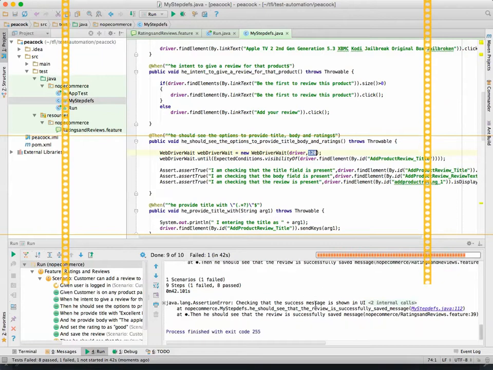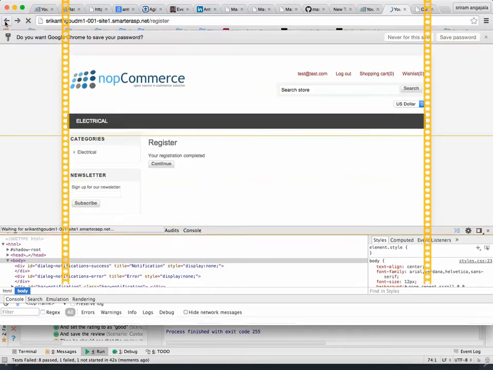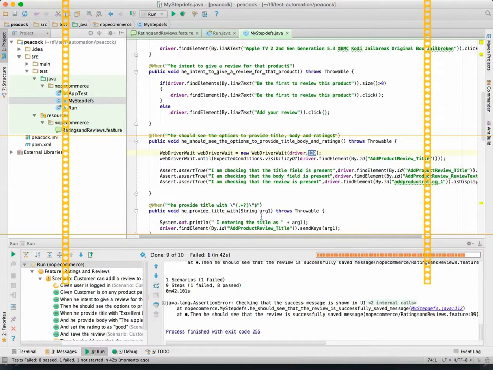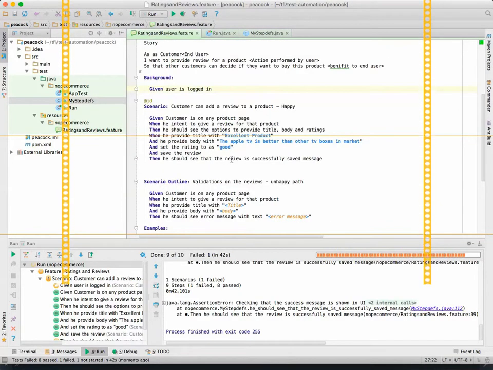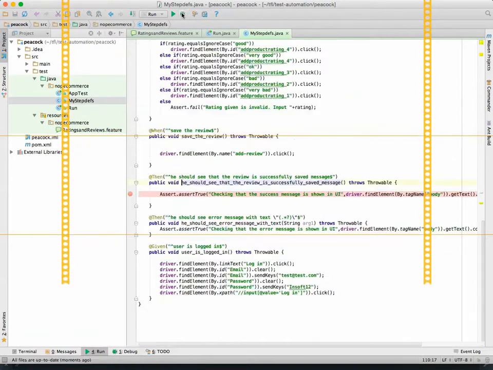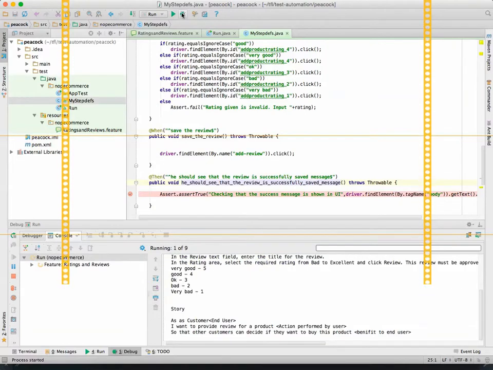Okay, so till that it is fine, but the problem is the success message. We could manually go and check what the message is, but I don't like it. So what we'll do is go to that last step and put a debug point there. It is already there. Okay, so we'll run in debug mode now, and you will see that WebDriverWait is working now. Previously it was failing because the page is loaded, but the elements are not properly loaded. A little bit of Ajax kind of things. We kept WebDriverWait there.